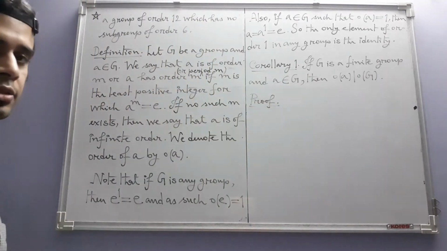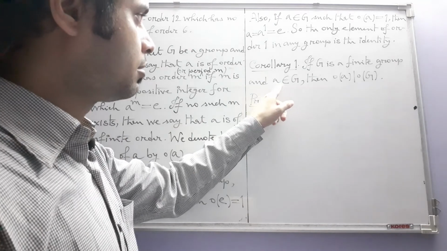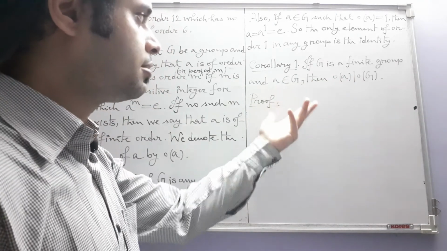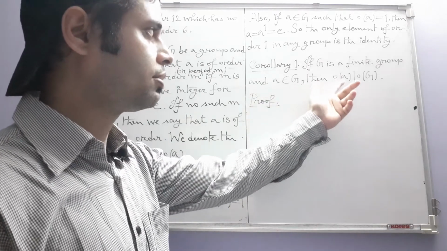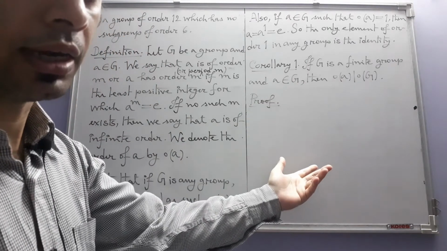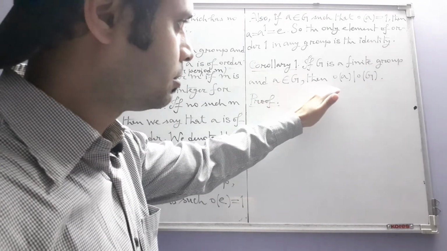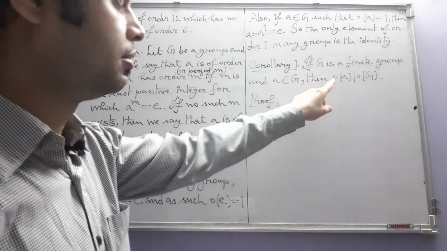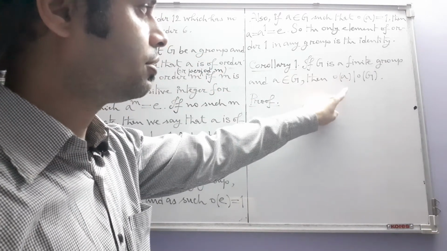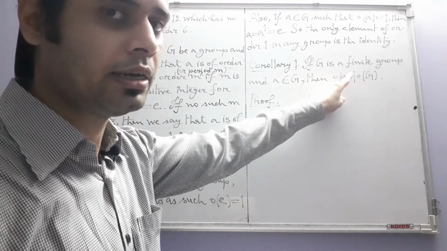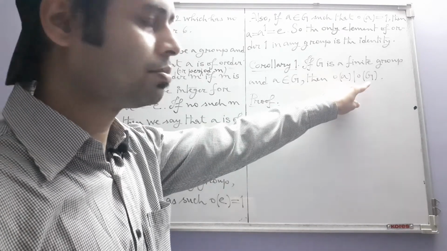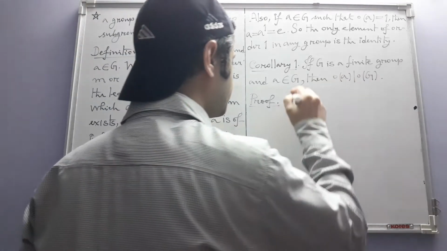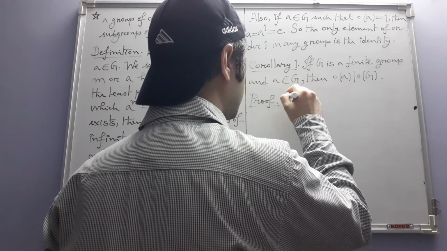Now at first glance one may miss this point, that although we are given G is finite, nothing is immediately telling me that the order of the element also has to be finite. So the thing that we have to prove here has two parts actually. One of them is making sure that the order of A is finite, and the second, of course, we have to prove that it divides the order of G. Okay, so let us see the proof.